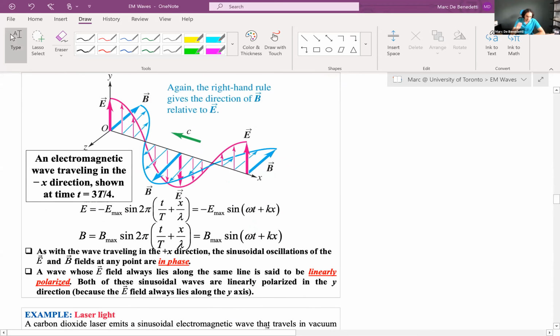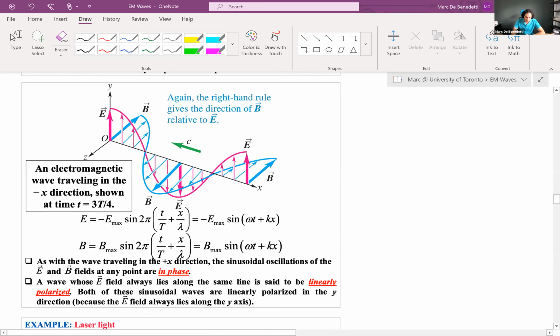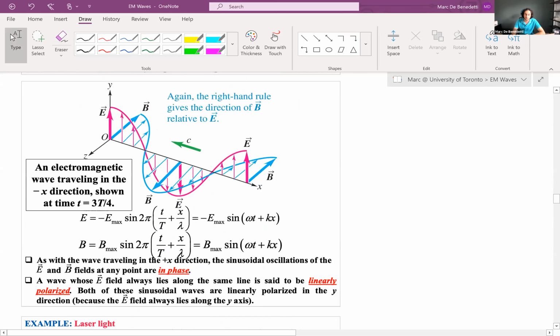So here, this slide is showing a very similar thing to the previous slide. But again, if you apply the right-hand rule, right hand, fingernails in the direction of the E field, so fingernails are pointing up. Curl your fingernails in the direction of the B field, so curl your fingernails this way in the direction of the B field, and your thumb is in fact pointing backwards. So it's deceptive, because when you draw the X, Y, Z coordinate system, we trick your brain into visually thinking the wave is traveling this way, right? Just based on how we drew it, but that's wrong. If you look at the right-hand rule, you see that the direction of the propagation is in fact backwards, because your thumb will be pointing backwards. So